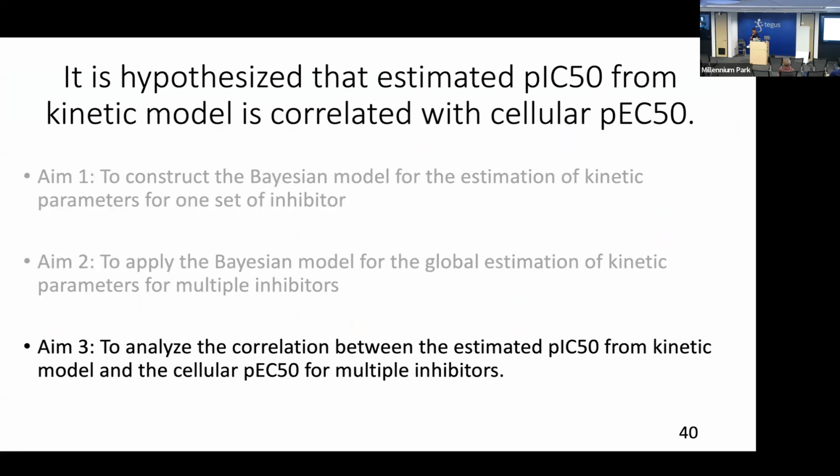Okay, then we were pretty happy with our progress. It took a while because we had to figure out how to incorporate some nuisance parameters, or some ways to make the fitting better. But ultimately, we got to the point where we said, okay, let's try to predict what's happening in the cell and see whether there's a correlation between our predictions and the cellular results.